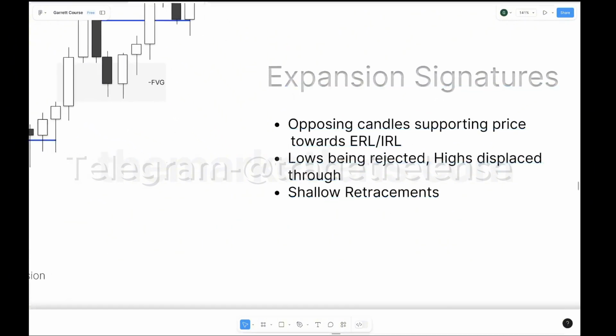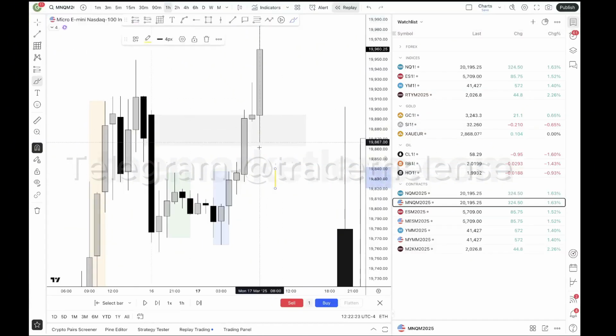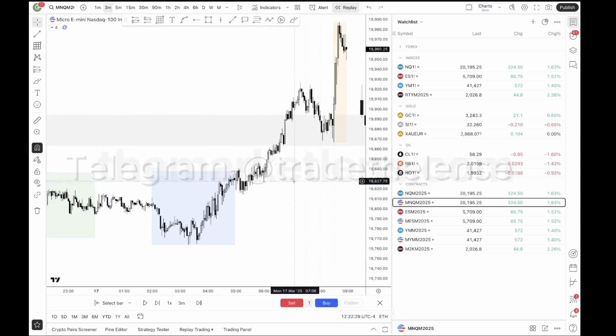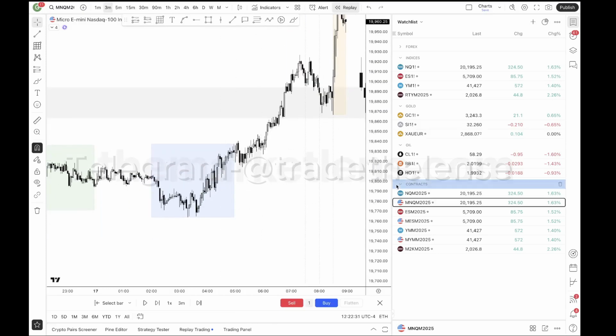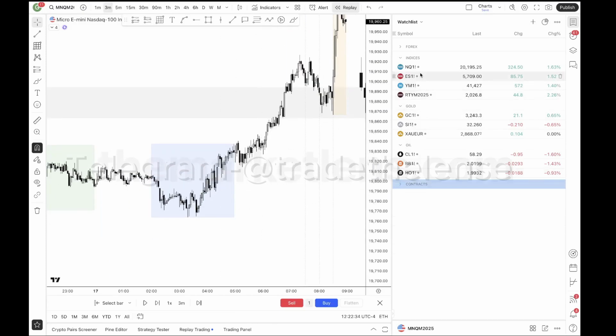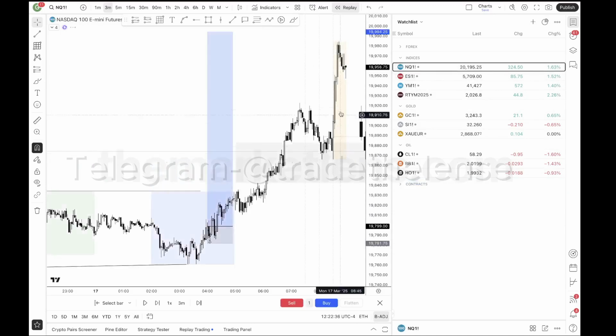Shallow retracements. So this is what I mean by this fair value gap needs to hold, right? This one right here. So we have that, and if we have an assumed low of day prior to a driver, then what should the driver do? It should expand away, right? So when I see this happen,